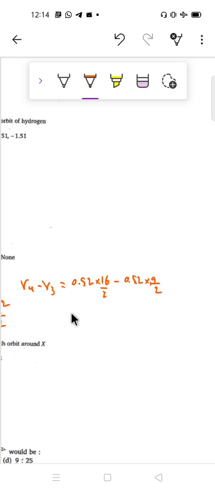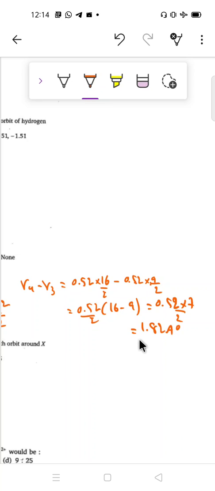Okay, you can get 0.52 by 2, 16 minus 9, you can get 0.52 into 7 by 2. On that calculation you can get 1.82